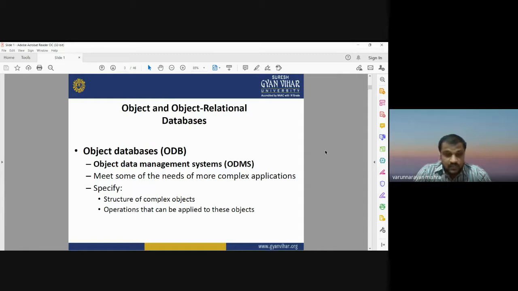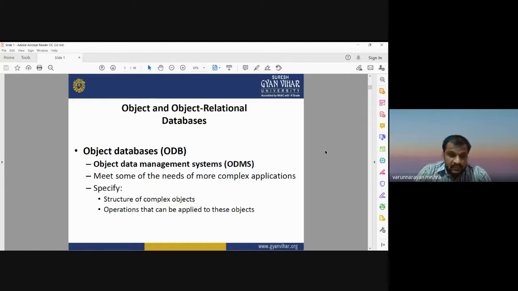The basic difference between a normal data set and an object data set is that in a relational database management system we use a table, and all the information is stored in the form of numbers, text, and strings. That is the simplest form of database.